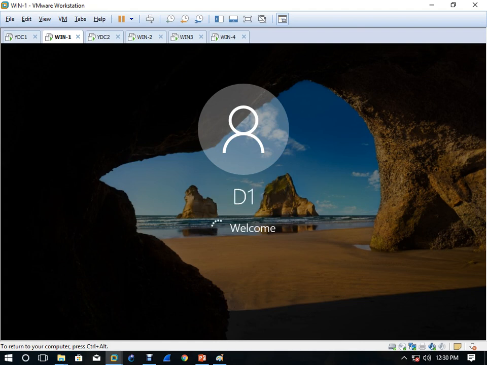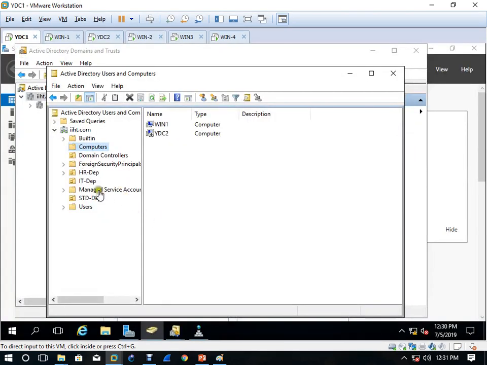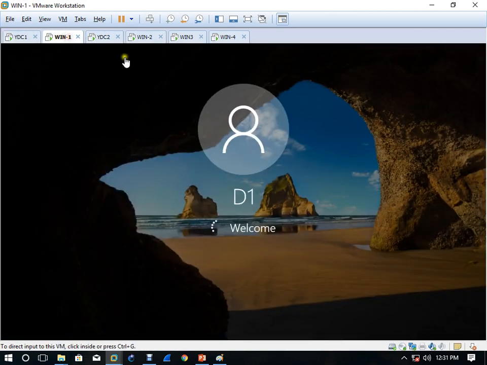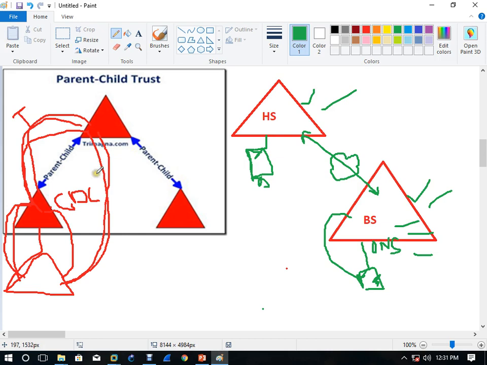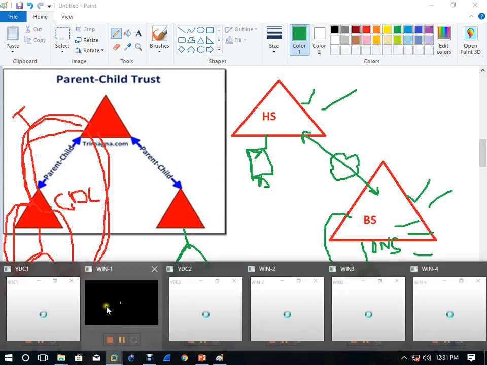And here this client machine is a member of Dwala. Now you can log in with any user which is here. The user of your child is able to use the resource of your parent. Why? Because the trust is automatic. And now maybe if you have another child, automatically trust is there. But we are not going to work on this because we don't have enough memory also.